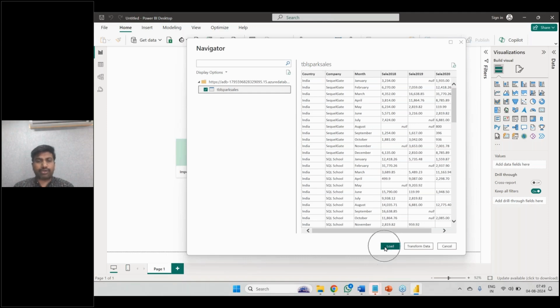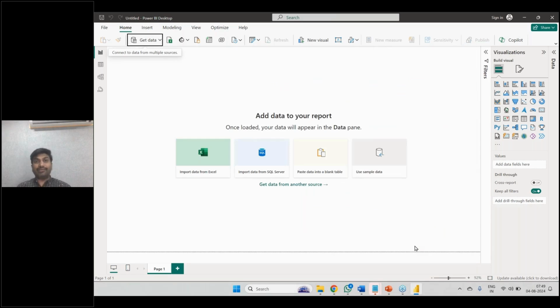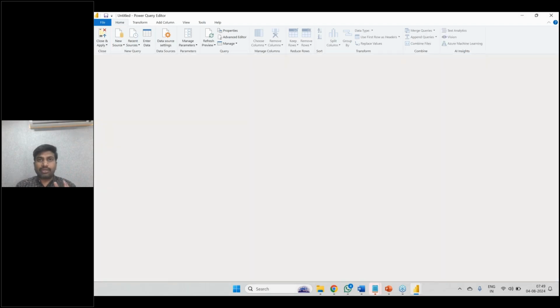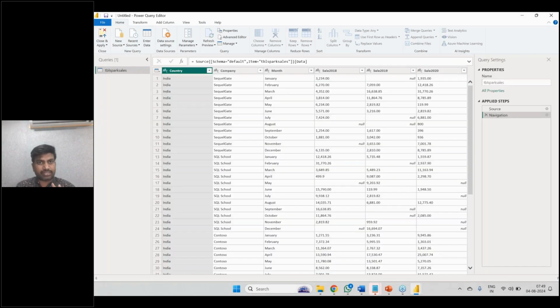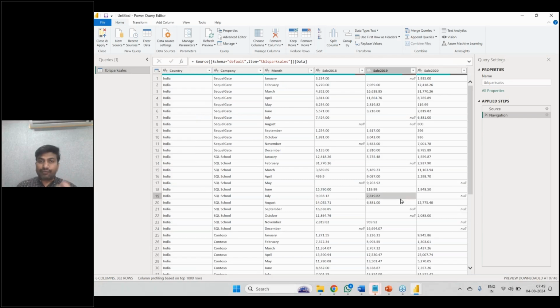Click on load. Ideally, we don't click on load directly. Instead, we need to take it to our kitchen area. The kitchen area in the Power BI house is Power Query. Ideally, we need to get it further transformed. The Spark database tables are not really ready for reporting. In general, we need to do additional transformations, like for example,